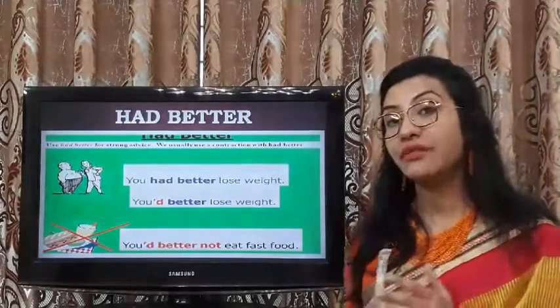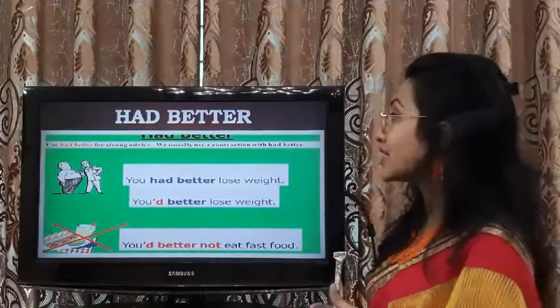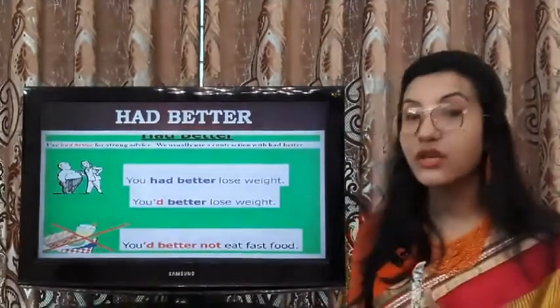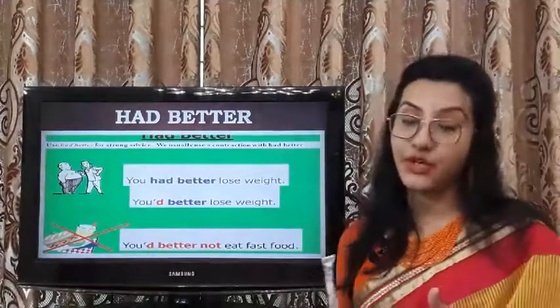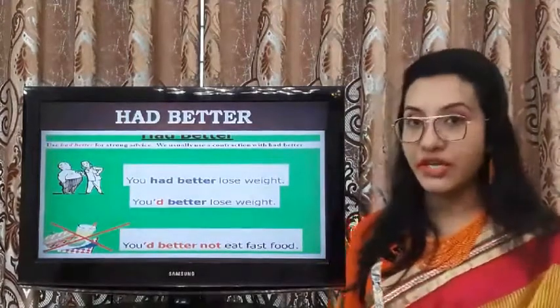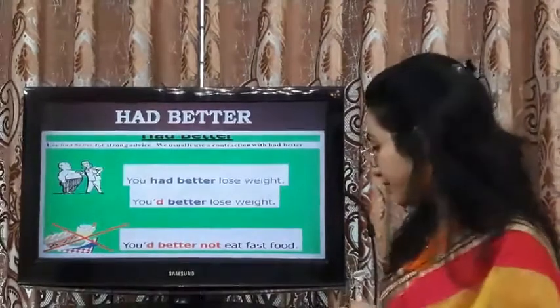So it's very easy to understand that আমরা যখন কোনো একটা অ্যাডভাইস দিয়েছি আমরা সেখানে কি ইউজ করেছি, we have used had better. কাউকে কোনো উপদেশ দেওয়ার ক্ষেত্রে আমরা had betterটা ইউজ করতে পারি. For example,